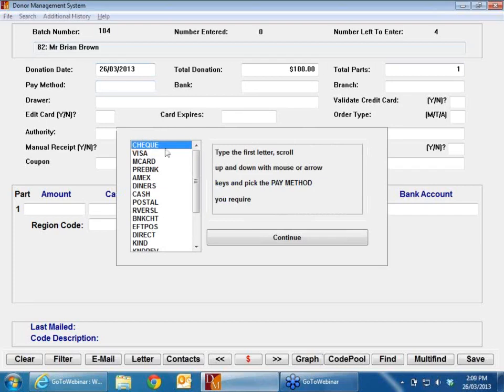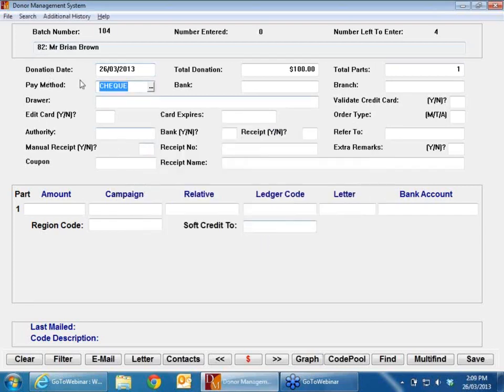The majority of the pay methods have a shortcut key. If, in this case, I do Q for check, that will put the whole word of check in. And you can now see it's pulled up the bank and branch details that were stored on the person's record before. So if I said, no, I don't want to use that, I want to use, and I'll just use